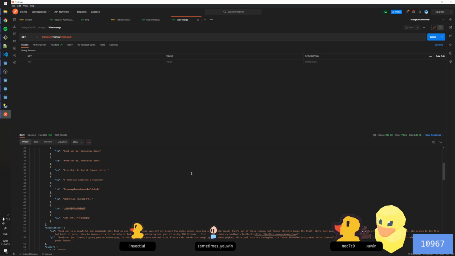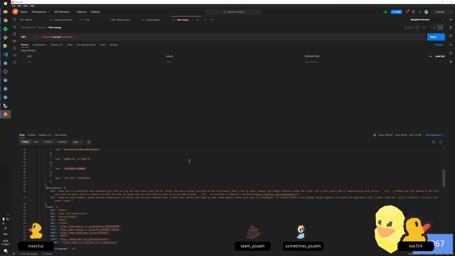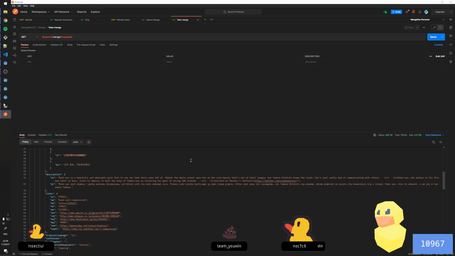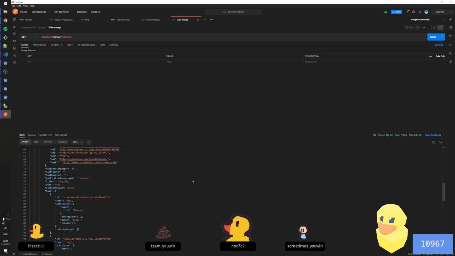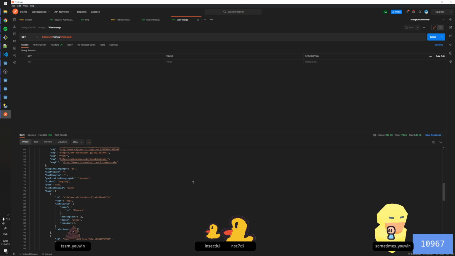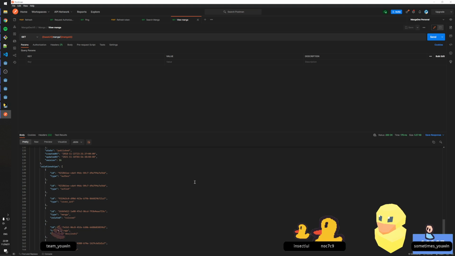Interesting. So there's the description. Okay. And then how do we get the chapters? Publication demographic shonen. That's kind of weird, isn't it? Relationships. So we'll need to find